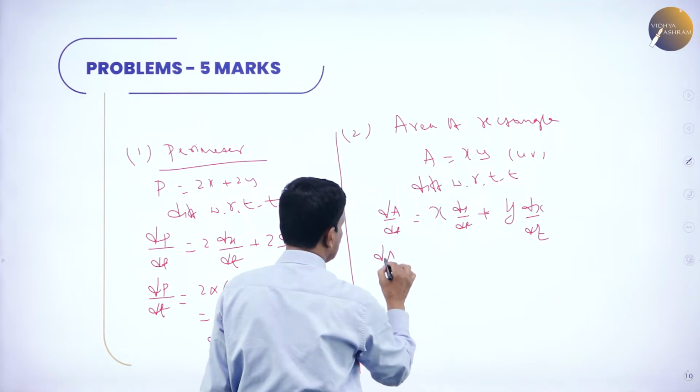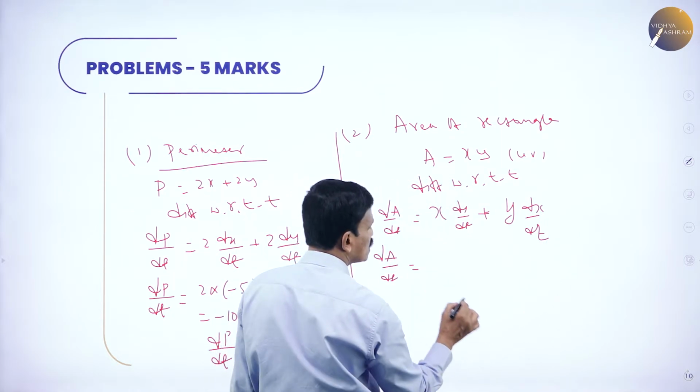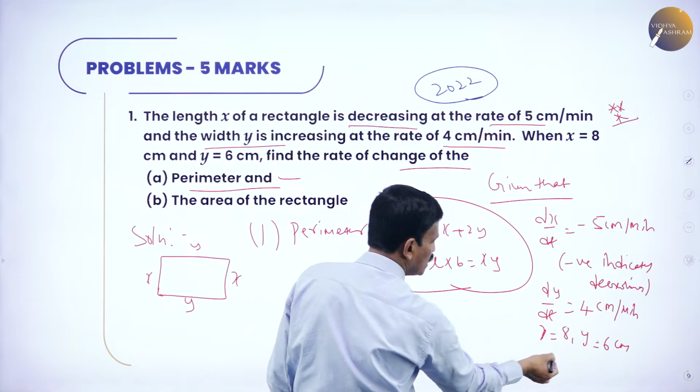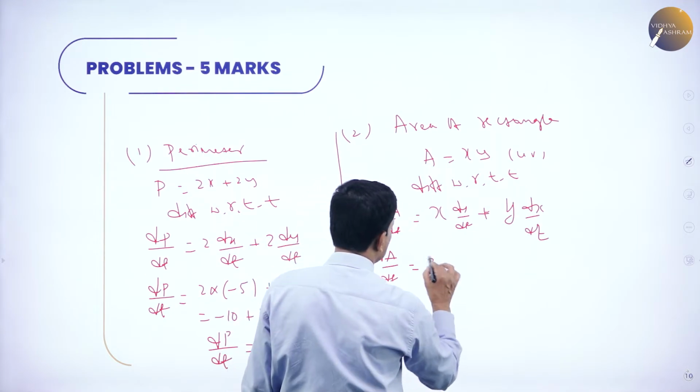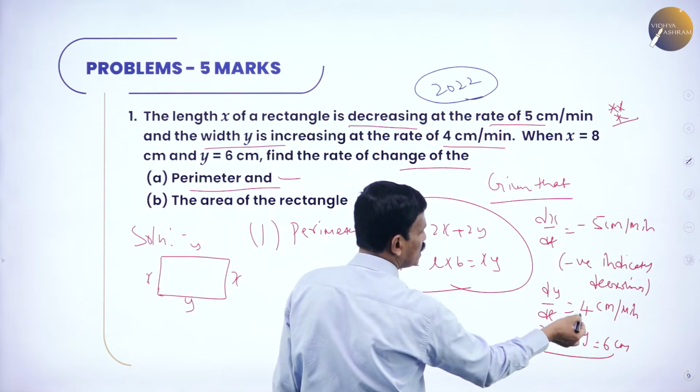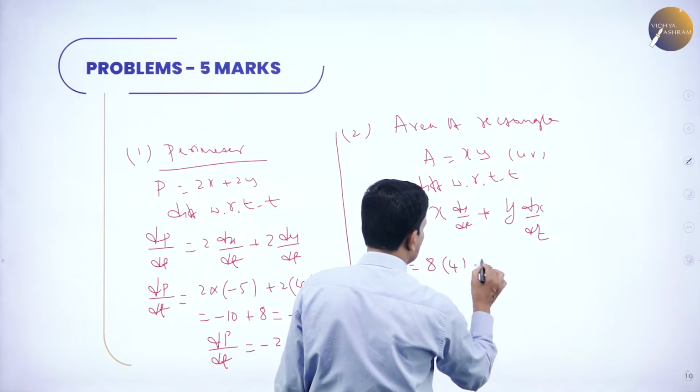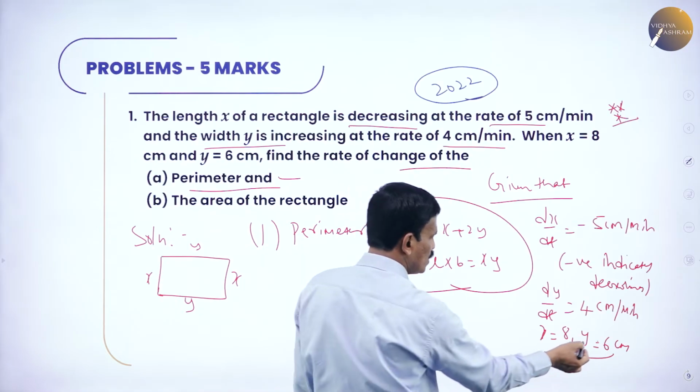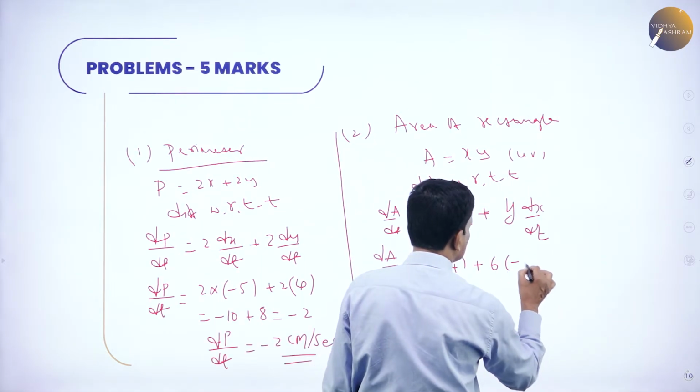Substitute the values. What is x? x is equal to 8 and y is equal to 6. dA by dt is equal to 8 into dy by dt, which is 4, plus y, which is 6, into dx by dt, which is